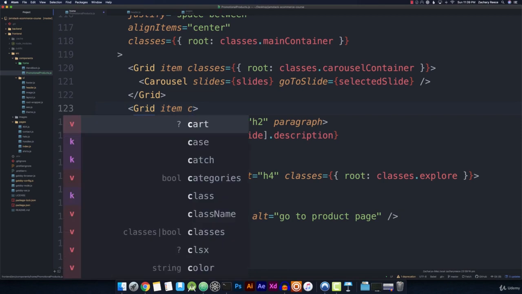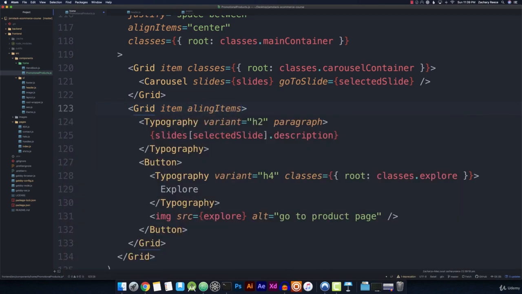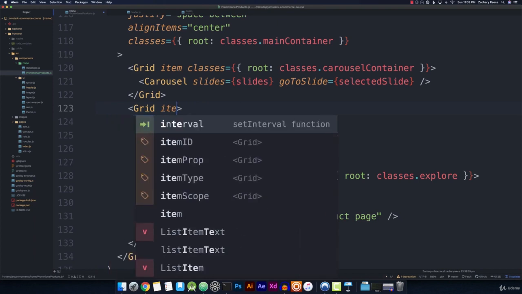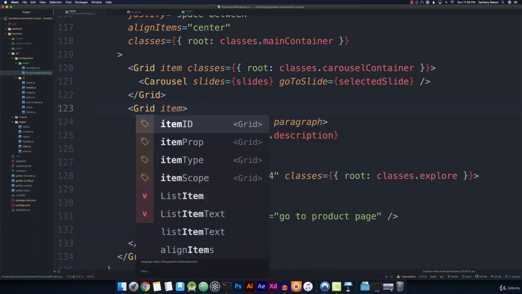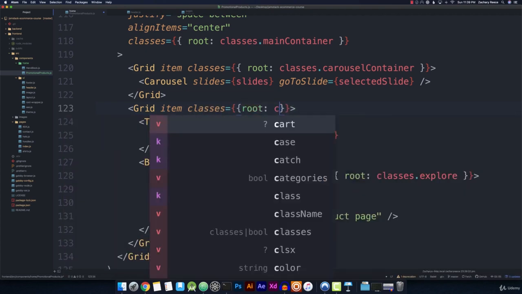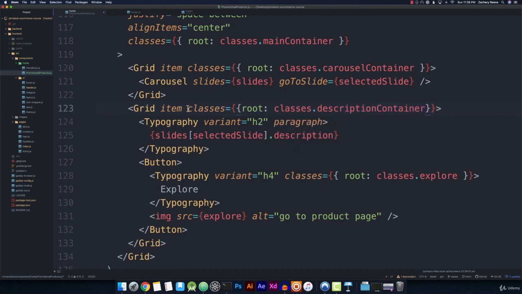Remember, for the justify and the align items props, that only works on grid containers. Okay, but for a grid item, you have a smaller amount of control, but there is a little trick that we can use. If we use the classes and then set the class of root, classes dot description container,